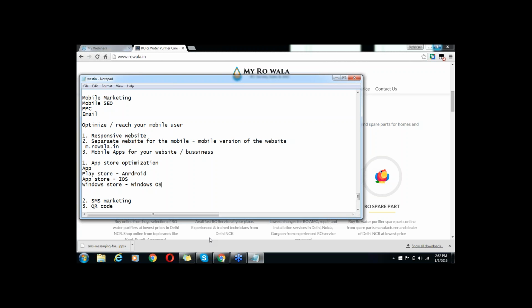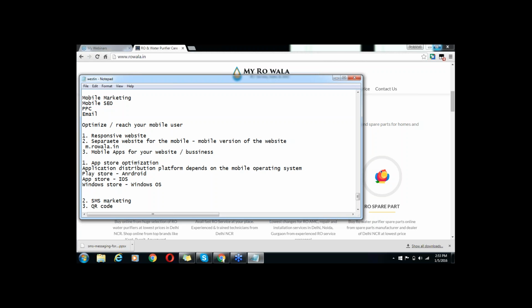So if the mobile operating system changes, then every mobile operating system has its own specific application distribution platform. These Play Store, App Store, and Windows Store are called application distribution platforms, and this platform depends on the mobile operating system.